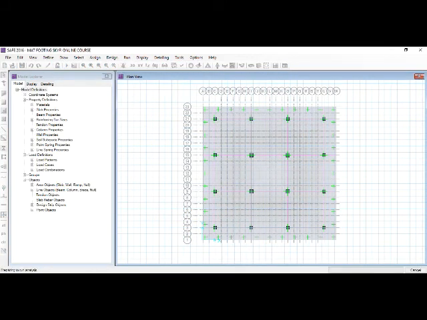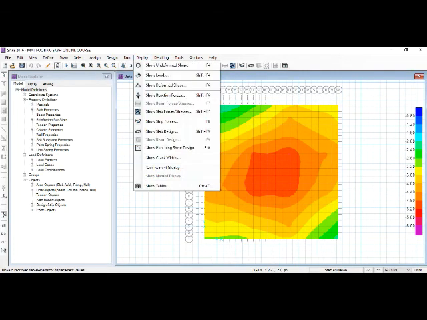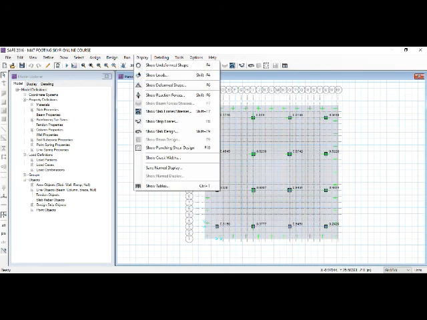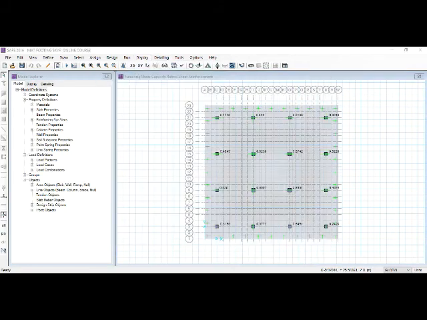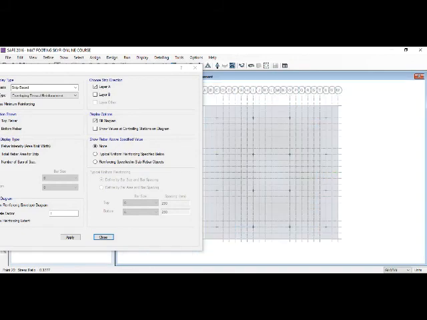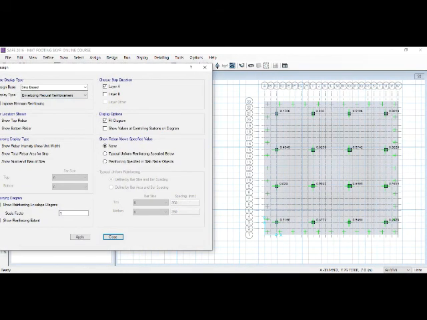Once you complete the design, again you go to display and then you check for the punching shear values. So go to display, punching shear values, and now you can see the values of punching shear for each and every column are less than 1. So the column footing design is safe. Now you go for the slab reinforcement detailing. By imposing the minimum reinforcement criteria, you can check the reinforcement required for the slabs in different column strips.